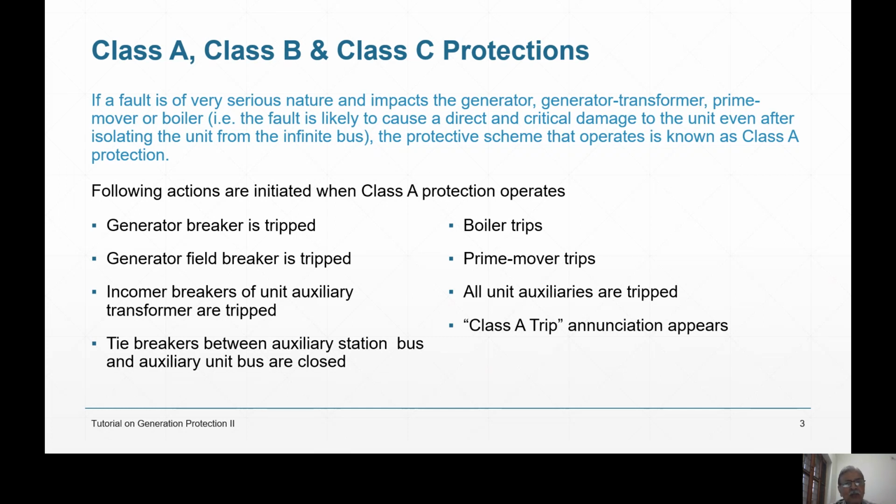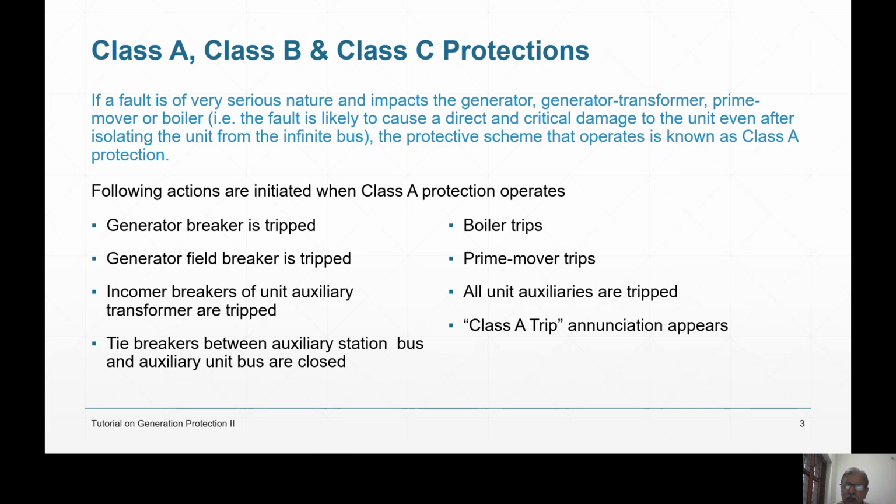If any such serious fault is there, then you have to trip class A, because as I told you, a 2 into 660 megawatts generator, with turbine, boiler, and all ancillaries, costs about 1675 crores. So you cannot think of this big damage to the generator. So class A,